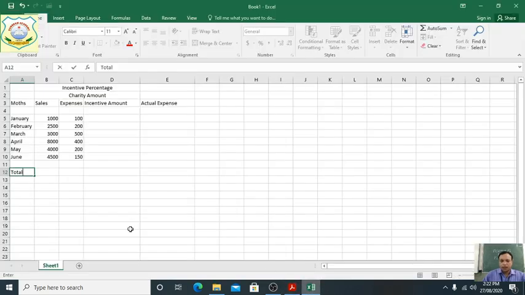So this way we write the equal sign, then start from Jan, that is B5, B5 colon, and B10, and close the bracket.